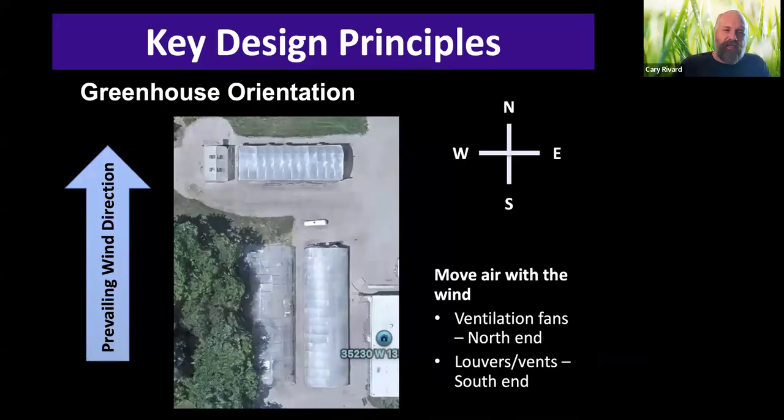Another design principle that becomes really important is the orientation of the greenhouse. I get a lot of questions about this, whether we want to make it east-west or north-south. There are two main factors that are important for that. Light is the number one factor, and oftentimes what people think about first,